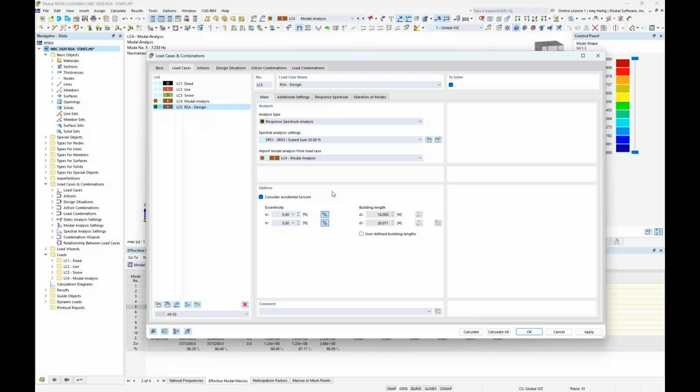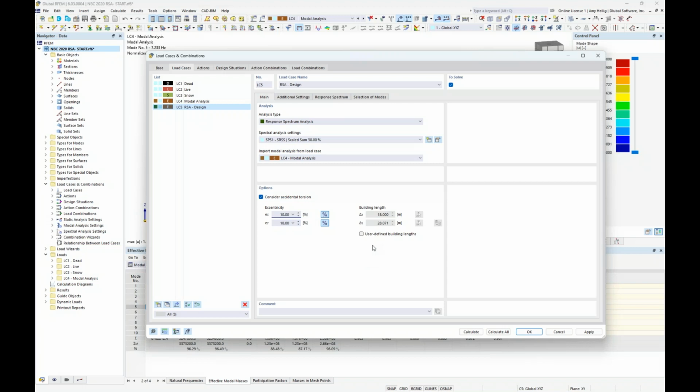So for this, we refer to the NBC article 418.12.4 that tells us we do need to consider accidental torsion in our response spectrum analysis. And we do so by setting here 10% in both the X and the Y directions. And this is based on the building length in both of these orthogonal directions. And notice the program automatically calculates what this building length is, but if we would like to override that, we could certainly do so. But essentially, internally with our response spectrum analysis results, an additional moment will be applied at every single FE mesh point to consider those code